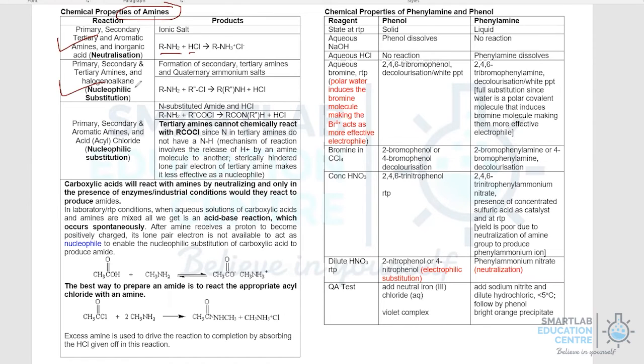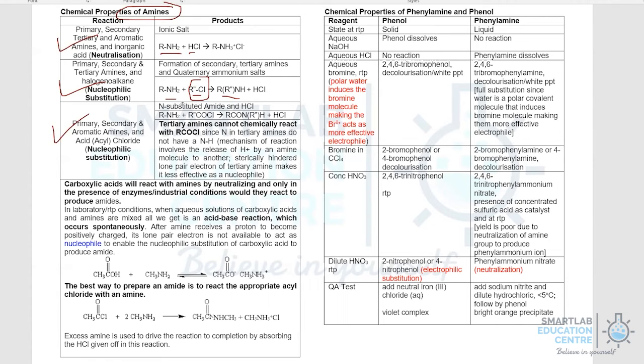Second reaction is that it can undertake nucleophilic substitution with halogenoalkane, which we learned earlier. Any time they undertake the reactions, if the halogenoalkane is limited, they will end up converting a 1 degree amine to a 2 degree amine, or a 2 degree amine to a 3rd degree amine, or a 3rd degree amine to quaternary ammonium salt. But in the event that halogenoalkane is in excess, then the reaction could cascade to produce a range of amines as well as quaternary ammonium salt.